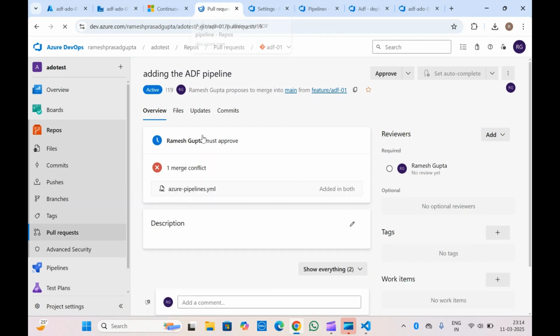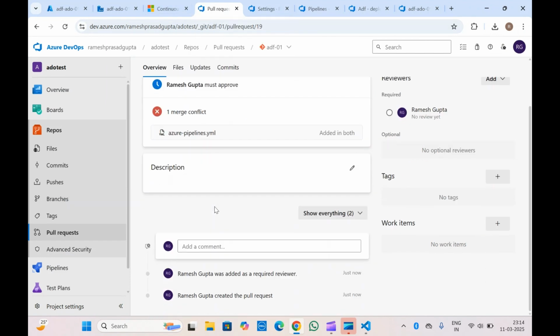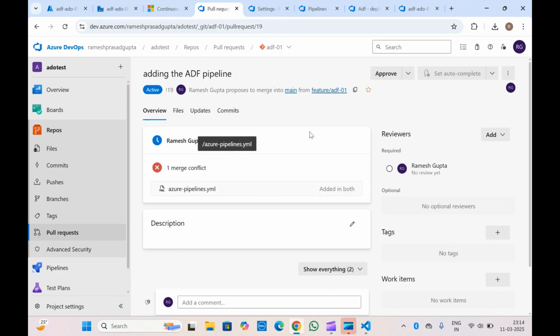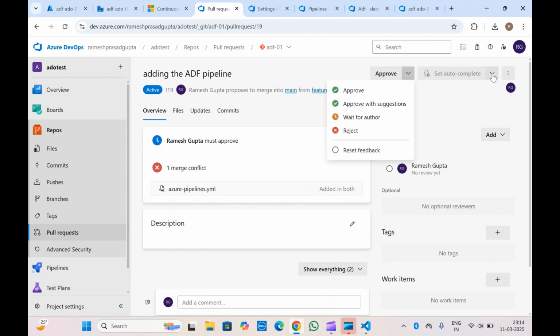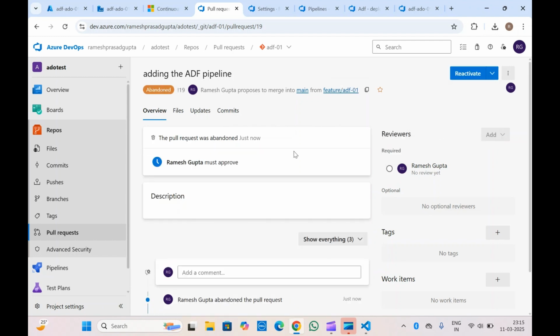Let's refresh this, and we just have to resolve this merge conflict inside this azure-pipelines.yaml. Somehow we are not getting it. Let me just abandon this and